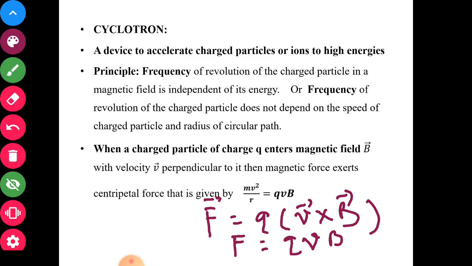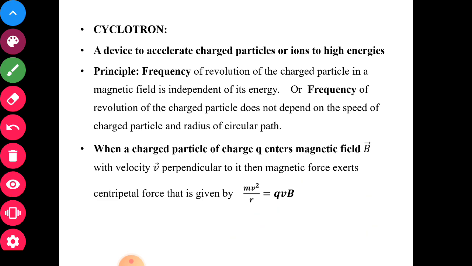So the magnetic force which is exerted on this charged particle is of value qvB, and this magnetic force provides the required centripetal force, so we can write m v square upon r is equal to qvB, where m is the mass of the charged particle, v is the linear speed of the charged particle, r is the radius of the circular path